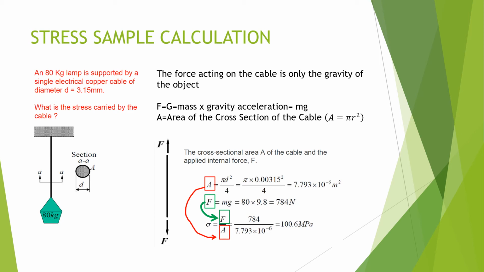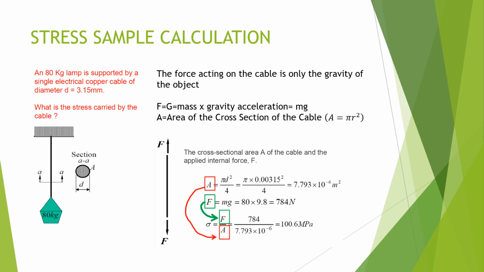So let's do a force analysis first. The only forces balancing on the object are the tension of the cable and the gravity on the object. Therefore, the force that's causing a deformation, or has the possibility to cause a deformation, on the copper wire is the gravity of the object. Therefore, we have the force equals to mass multiplied by